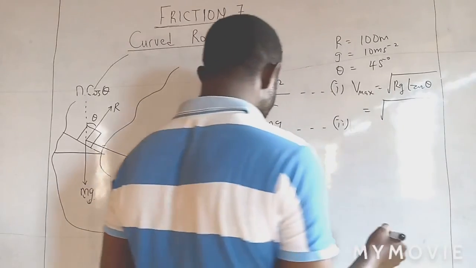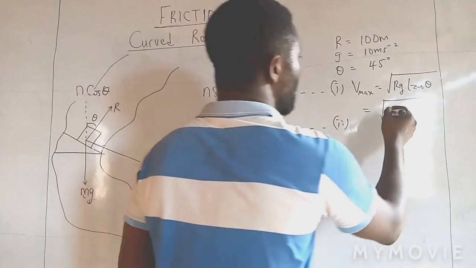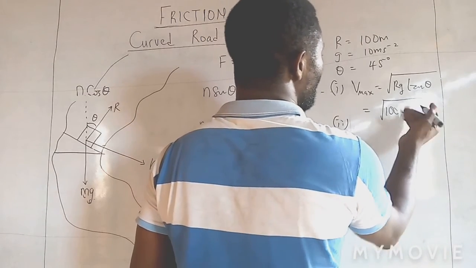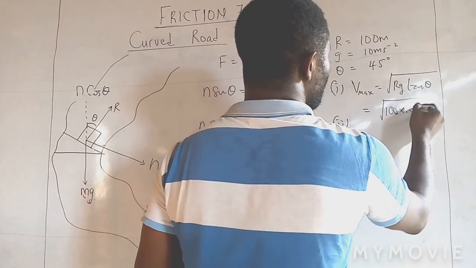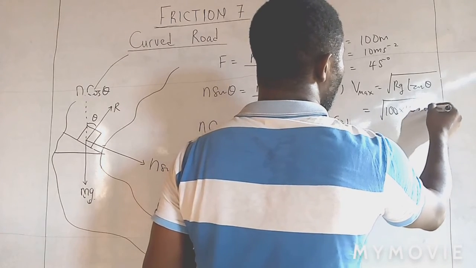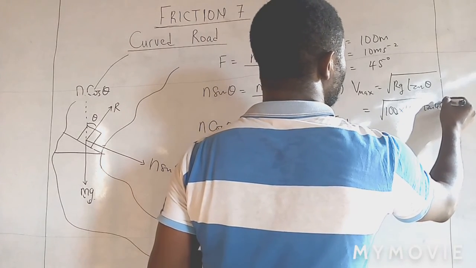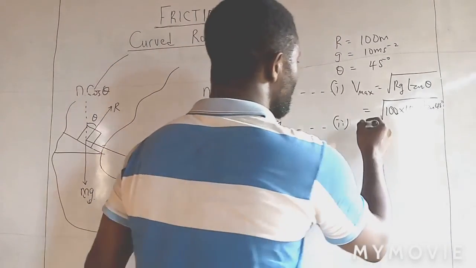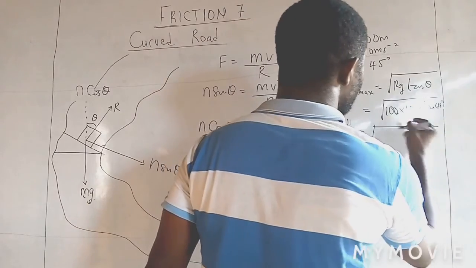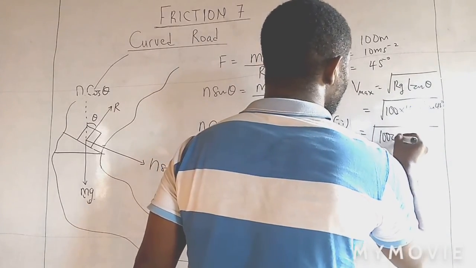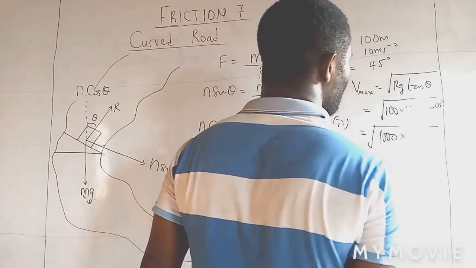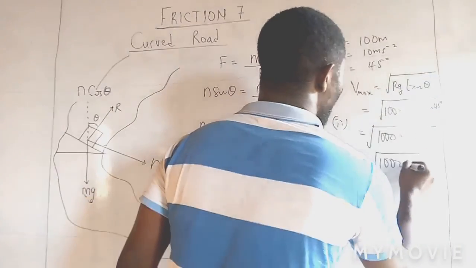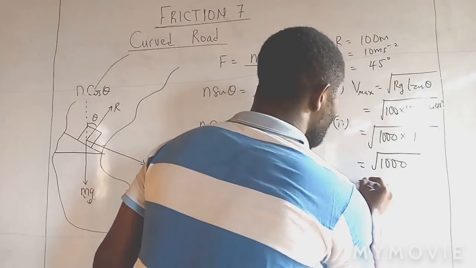So we calculate maximum speed v equals square root rg tan theta, and this will give me square root, what is the radius? 100, multiplied by 10, then times tan 45 degree, if my angle is 45 degree. So as a result of this, I have square root 1000 multiplied by tan 45 degree, which is 1. So I have square root 1000. So this will give me